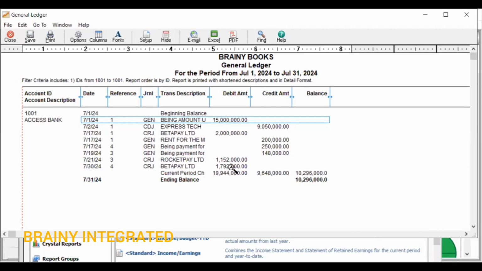Are we together? So now that we have been able to adjust our cash book, the next thing we want to do is to go and reconcile. Now that you have adjusted your cash books, how do we reconcile these items? Now, what we would need to do is to go to